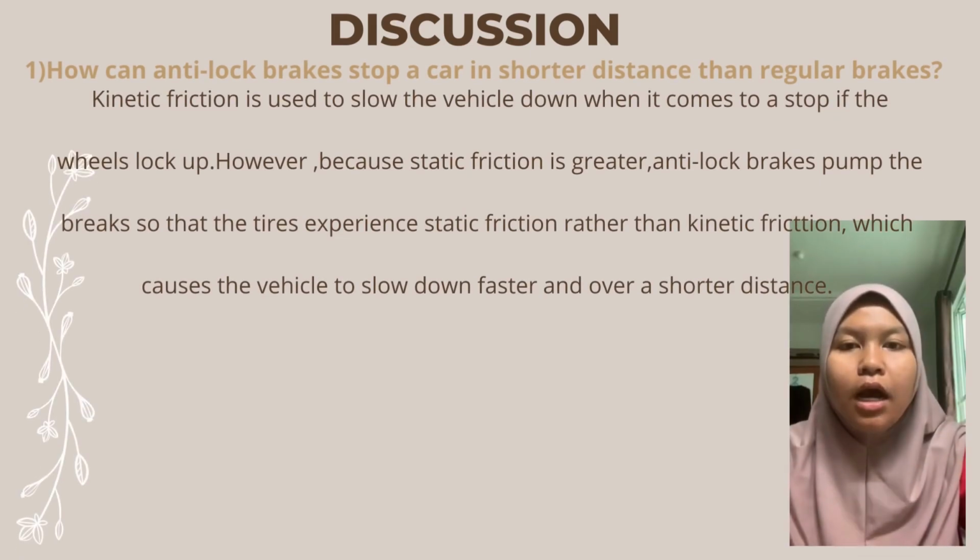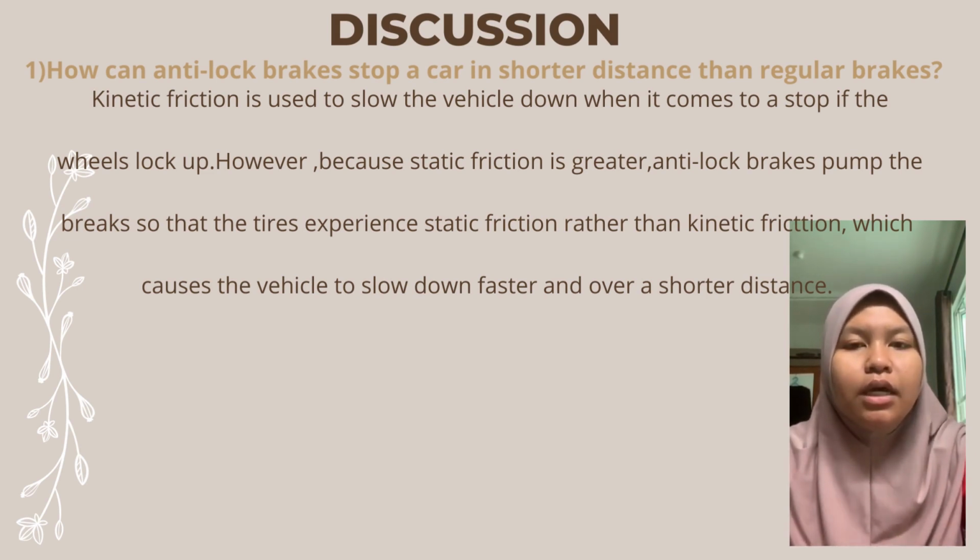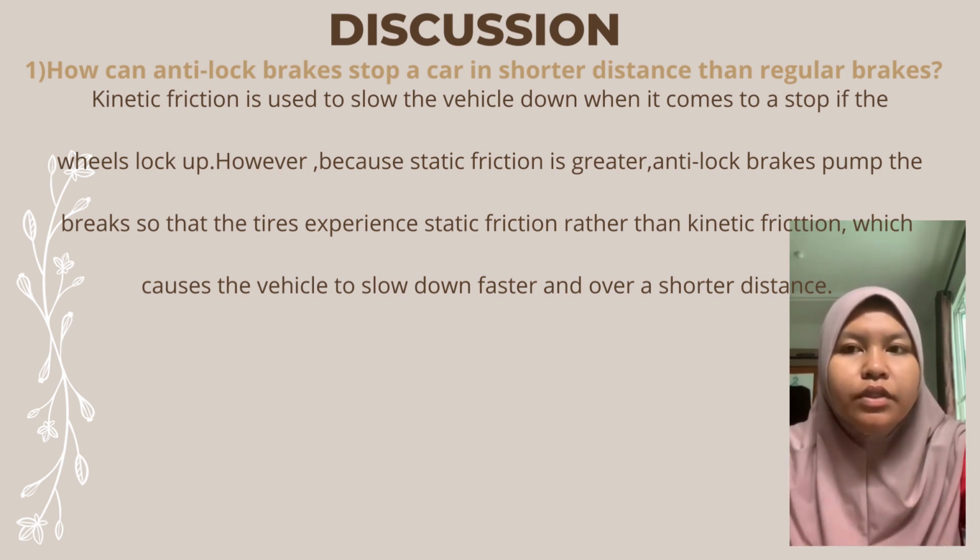Discussion. How can anti-lock brakes stop a car in a shorter distance than regular brakes? The answer is, kinetic friction is used to slow the vehicle down when it comes to a stop if the wheels lock up. However, because static friction is greater, anti-lock brakes pump the brakes so that the tires experience static friction rather than kinetic friction, which causes the vehicle to slow down faster